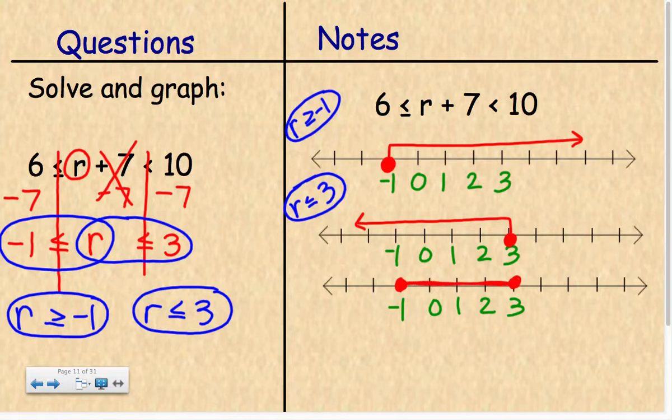When your problem starts out like this, you need to automatically know it's and you have to automatically know it's going to be an interval every time. Every time. So an interval looks like that third graph, shaded in between. So numbers that are greater than or equal to negative 1 and less than or equal to 3 are negative 1, 0, 1, 2,